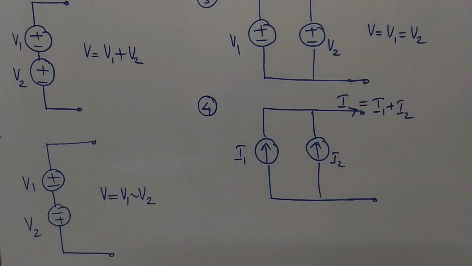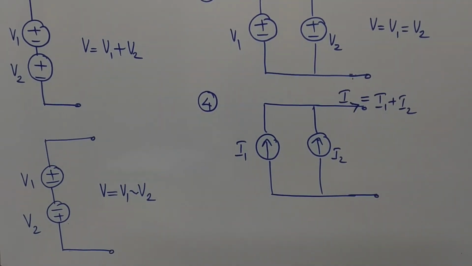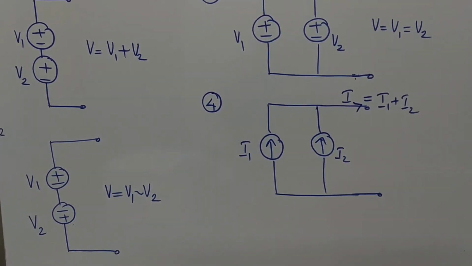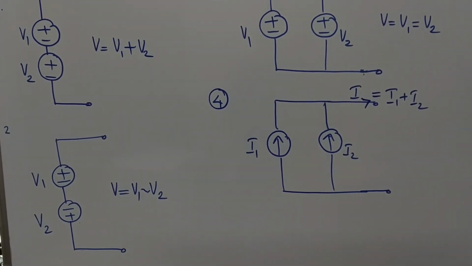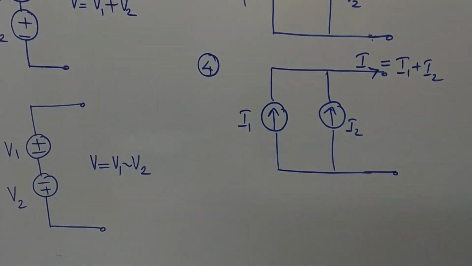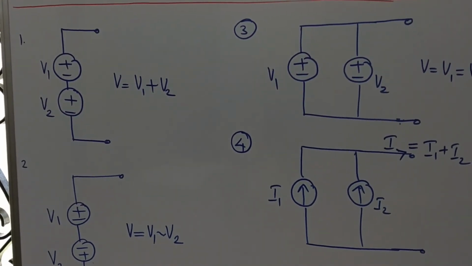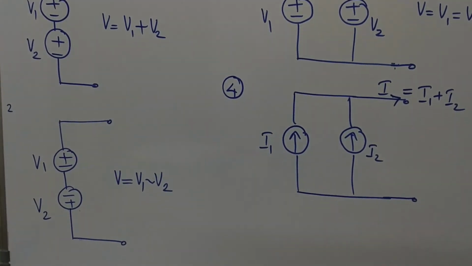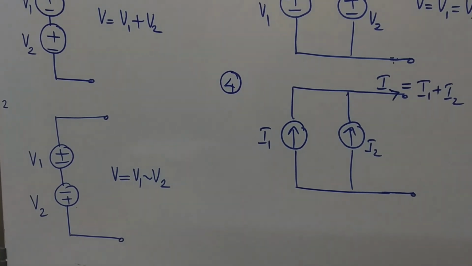Second case, it is plus minus, minus plus. So you should take care of the polarities when dealing with voltage source. If opposite polarity are joined in series, it will add up. But in the second case, minus and minus are connected together. So the output voltage will be the difference between V1 and V2. In the first case, plus minus voltage will get added up. Second case, plus minus minus plus, so it will find the difference.